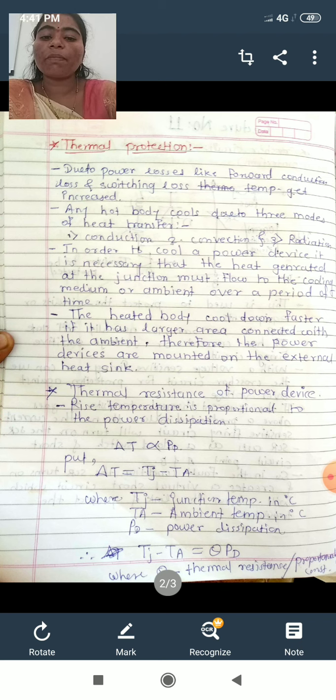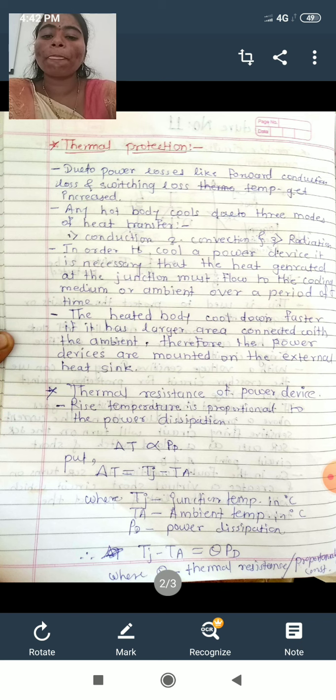Rise in temperature is directly proportional to the power dissipation. Hence, in equation, we can say that delta T is directly proportional to PD, where delta T is the rise in temperature or change in temperature, which is directly proportional to PD, that is nothing but the power dissipation. Delta T is nothing but the temperature at the junction minus the temperature at the ambient. Put this value instead of delta T, and you will get the equation Tj minus Ta is directly proportional to